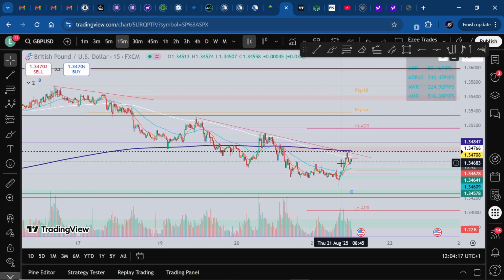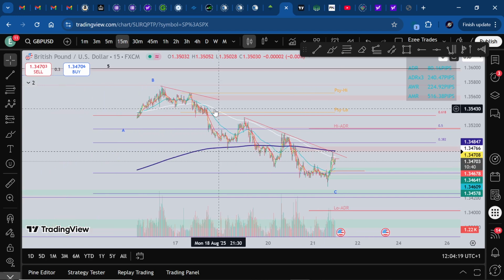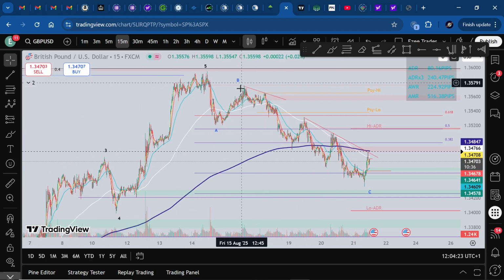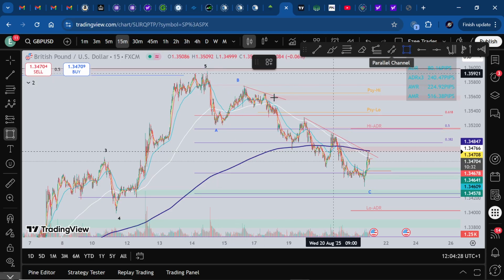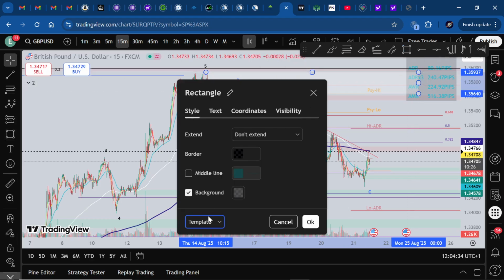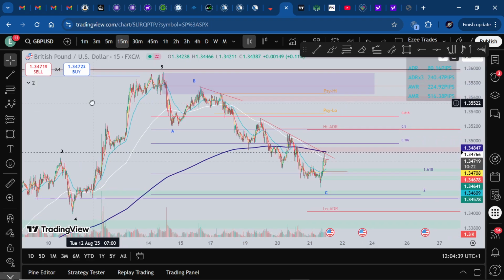Because we now have these descending highs that I've noticed, it would not surprise me for price to come and take out these highs as well into here. Okay, that would not surprise me. But at the same time, so let me not confuse you. I don't want to confuse you. At the same time,